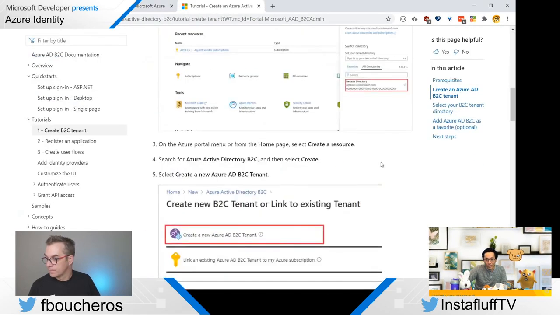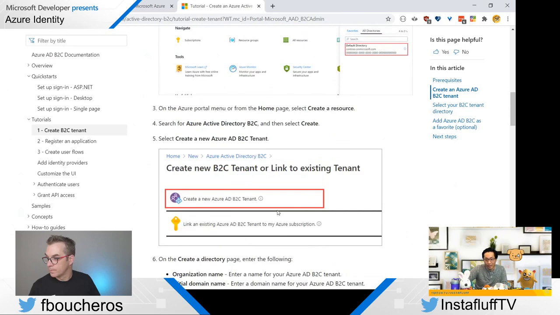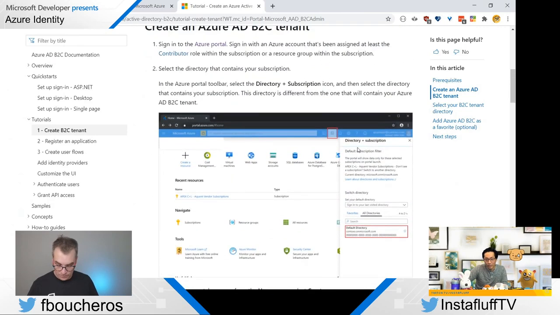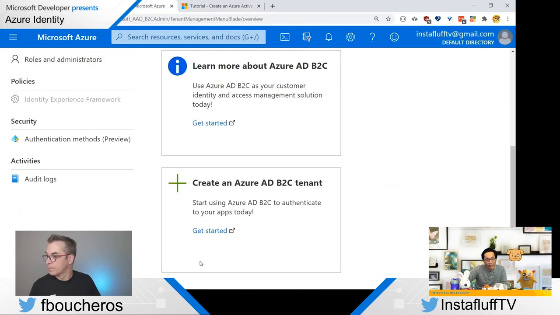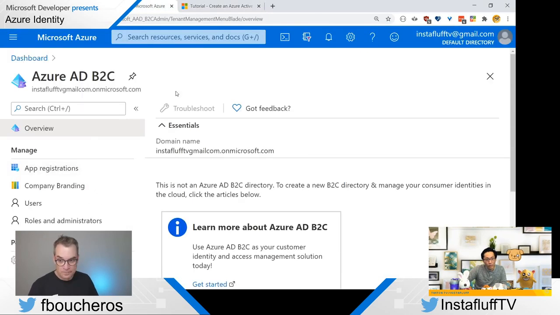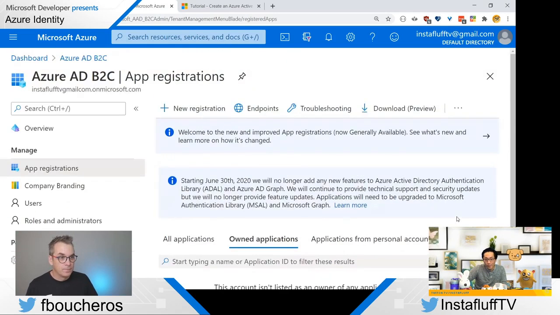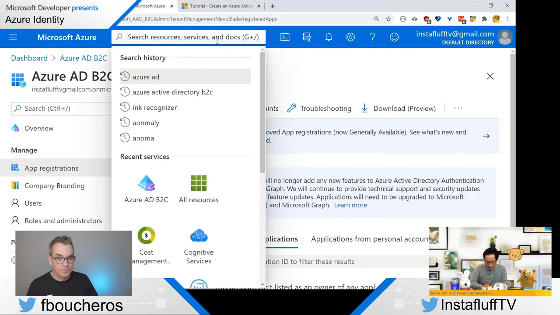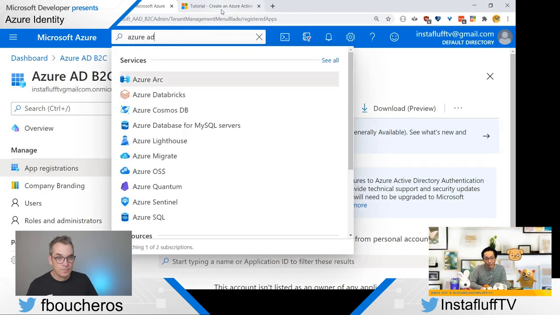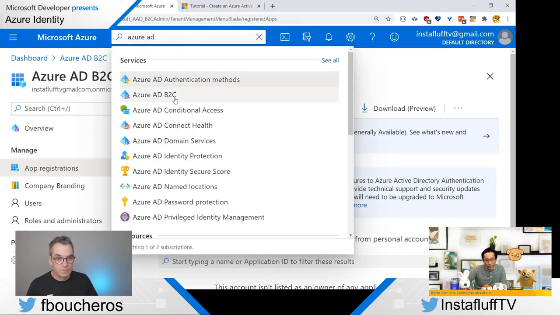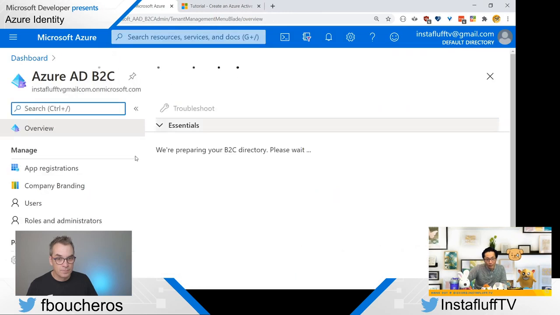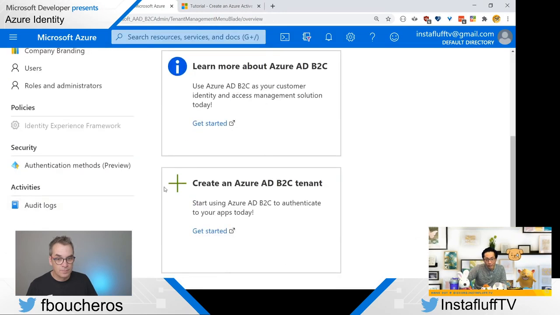Oops! I have to find this link. Directory subscription. Oh, am I on the wrong resource thing? I gotta go to the tenant here. Overview, app registrations. It's not this one. Azure AD B2C. It's supposed to be this one.